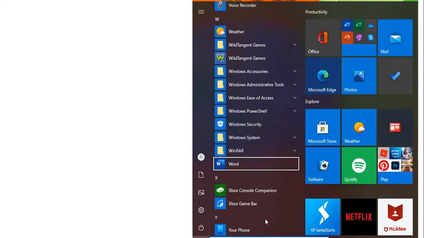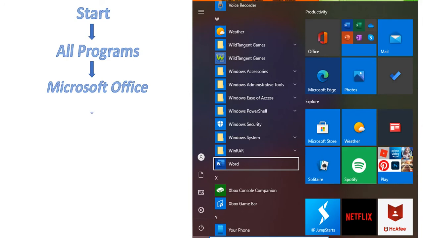So first of all, how to start Microsoft Word. We have been learning to open Notepad or WordPad by clicking on the Start menu or Start button. You can also find a Start button here. Just follow the mouse pointer, and by clicking on it, you can find Start, All Programs, Microsoft Office, and Microsoft Word.